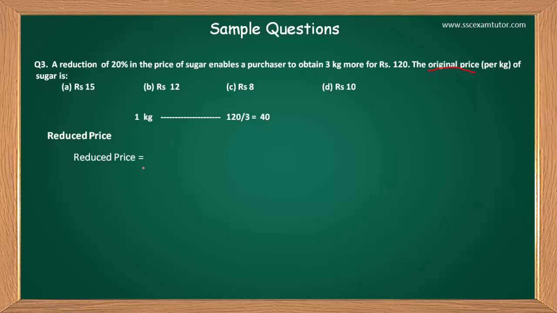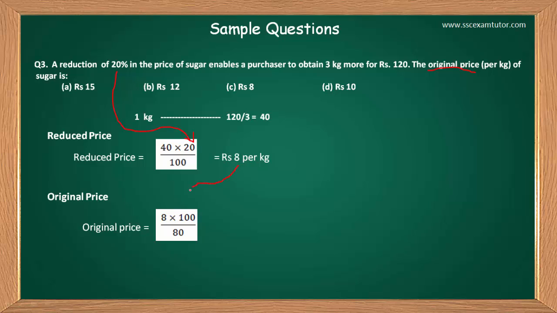तो सबसे पहले आपको रिड्यूस प्राइस तो फाइंड करना ही होगा। तो 40 इंटू 20 अपॉन 100। अगर आप अभी तक नहीं समझ पाए हैं कि ये 20 मैं कहाँ से लिख रहा हूँ, तो ये यहाँ से लिख रहा हूँ। तो रिड्यूस प्राइस आ गया, और ओरिजिनल प्राइस फाइंड करने के लिए हमें रिड्यूस प्राइस की ज़रूरत पड़ती है, तो ये यहाँ मैंने यूज़ किया। और डिवाइड हम किससे करते हैं, जो रिड्यूस होने के बाद जो बचता है।